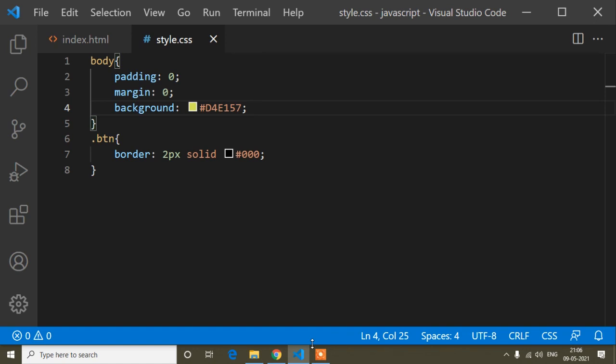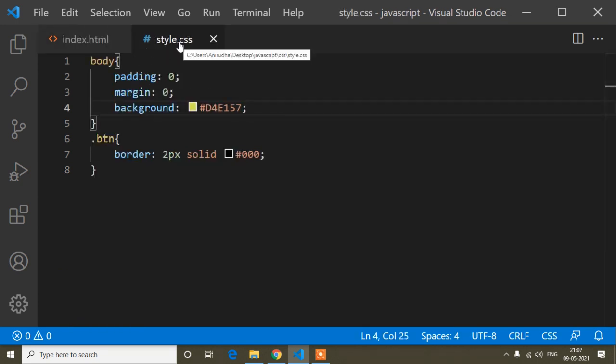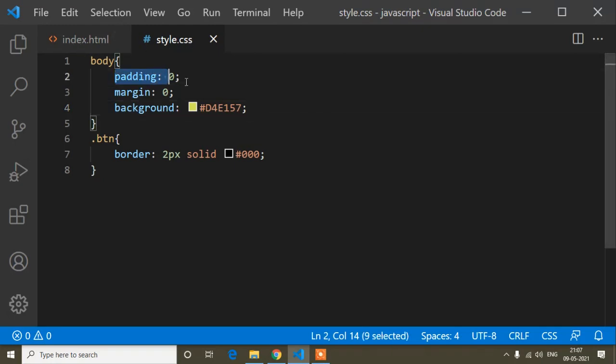I mean guys, suppose you have an index.html file and a different HTML file with the same CSS link. We mostly use the same CSS link, we don't use a different CSS file for different pages, because it would take more time for loading your page. That's why we mostly use the same CSS file. Okay, and in this CSS file I have added body color.